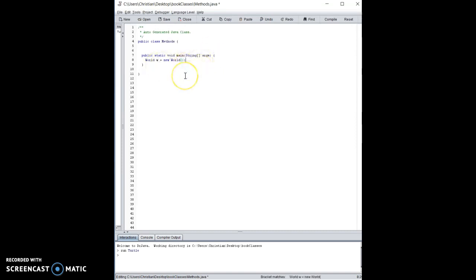So this right here creates the world class that the turtle is going to live in. And then this right here is creating the turtle, and right here is putting the turtle into this world that we just created. So to create some variables to use for the turtle methods,